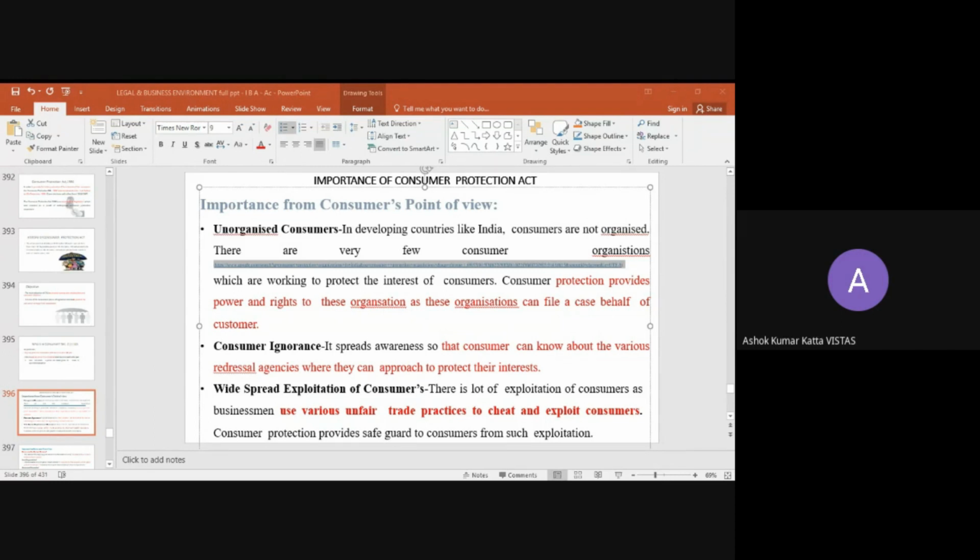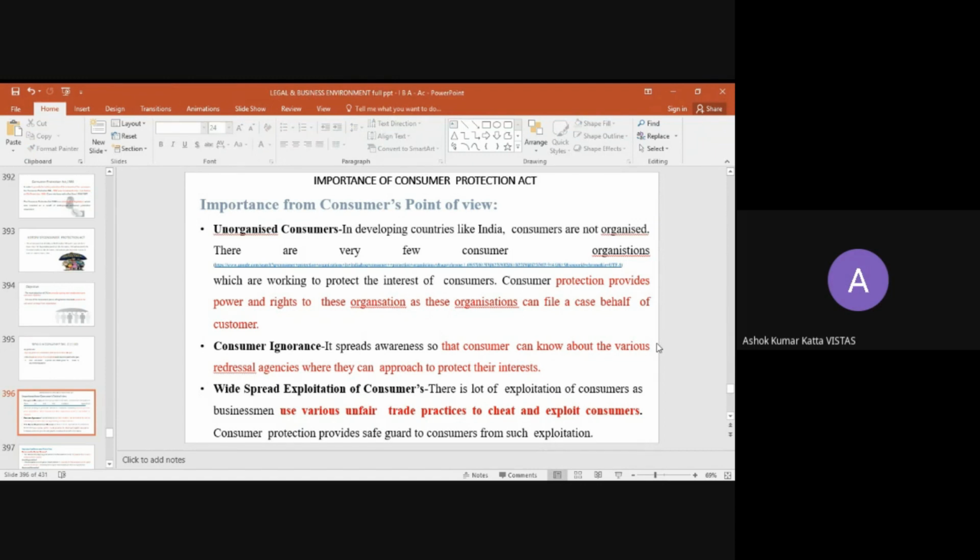To whom should I approach? If I approach the banker, the banker says, no, you have taken 1,000 rupees. But actually, I did not take it. To whom should I approach? Who will help me? Again, these Consumer Protection Act organizations will come forward. You need to file a case, and then immediately on your behalf, they will be working. So for the sake of that, we need to go with these organizations.